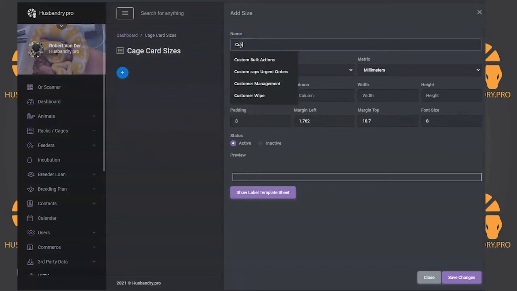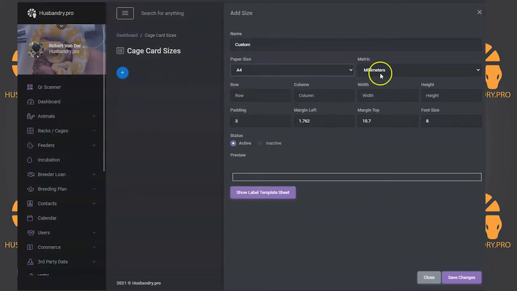So this is a custom size, and it would be paper either A4 or letter. It would be in millimeters or inches, and then how many rows, how many columns, the width and the height of the label, and then any padding, margins on the left, margins on the top, and the font size you want to use. And as you create these things, it will,